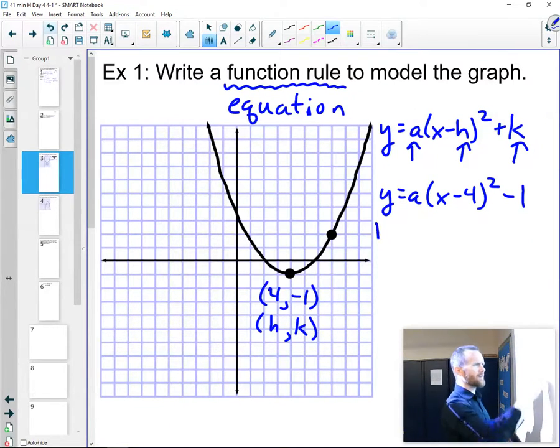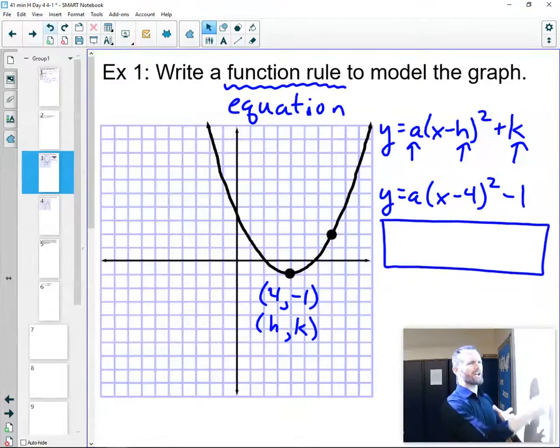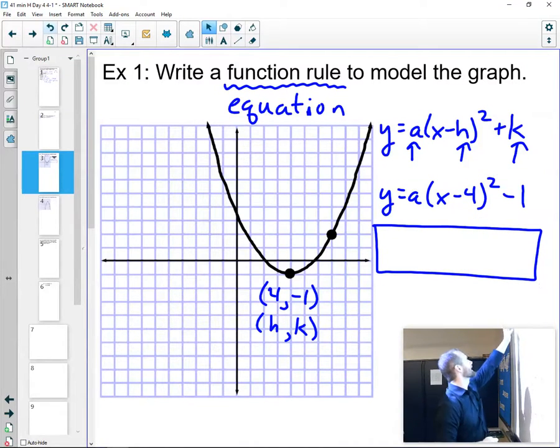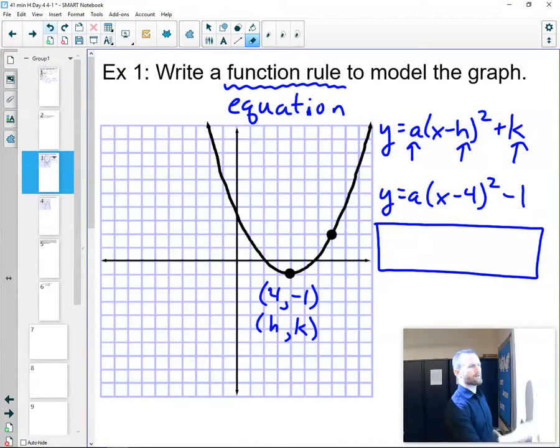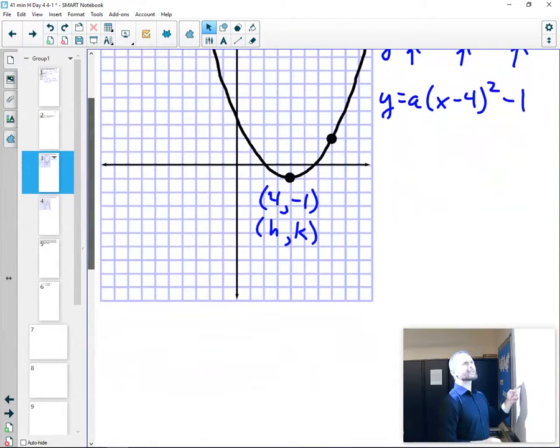So tell you what, I'm going to leave a space right here for the final answer, because once we find a, we need to come back to this function and just plug in a. So I'm going to leave a space right there for our final answer. Okay, I guess I gotta erase that now so I can actually write what I want. What we need to do next